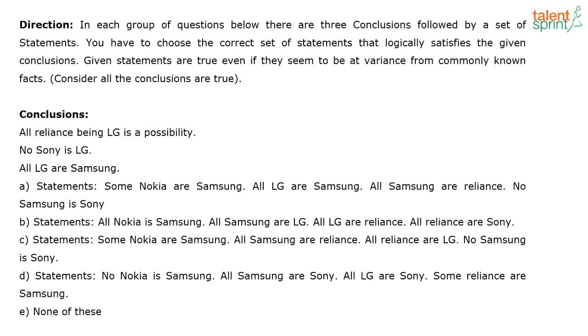Now that is one way, okay, first thing to do. Then sometimes contradicting statements will be given. See here, in this question itself, they have given no Sony is LG. Just by skimming through the statements, if I look at option D, what have they given? All LG are Sony. Isn't this contradicting? If there was a statement all LG are Sony, would I be able to arrive at this conclusion? No, I will not be able to arrive at this conclusion. So this is definitely false. Like that you can eliminate options this way also.